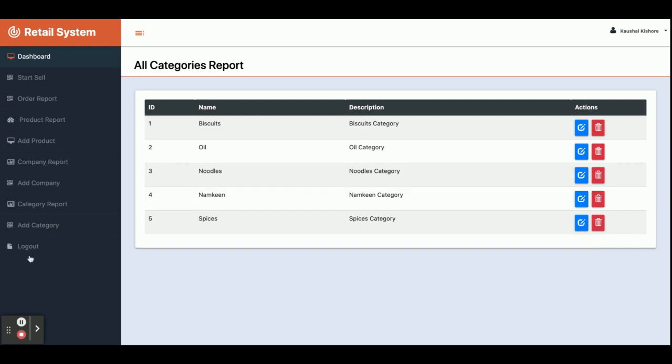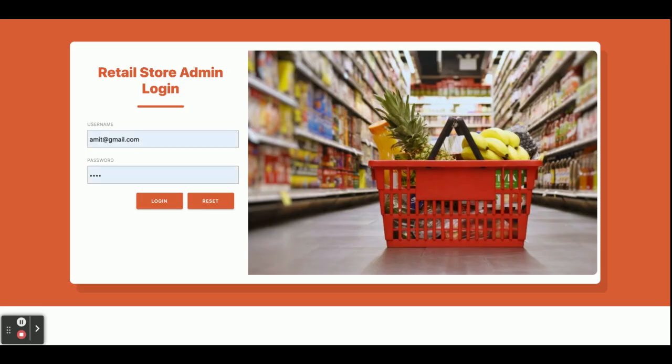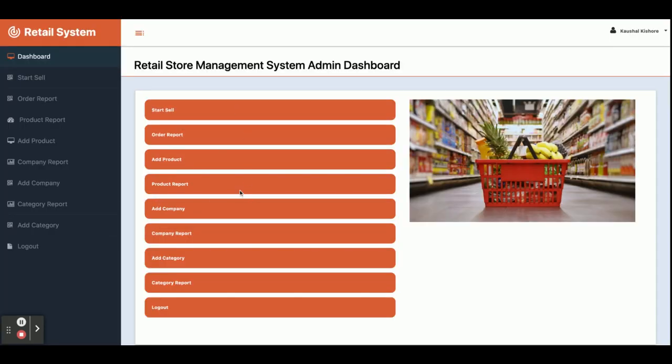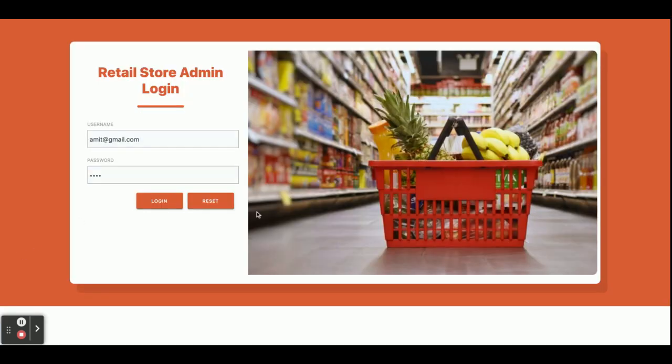This is logout. Once you click on logout, the whole session will be destroyed and you will not be able to access the internal admin pages. Let me show you. Logout, then you can see you are redirected to the login page. If you log in, you will get the admin operations, but after logging out, you will not be able to access the internal pages. So this is all the functionality we have developed inside this project.